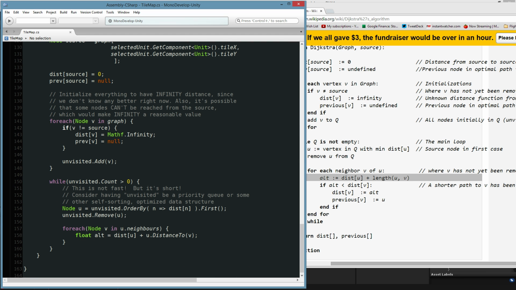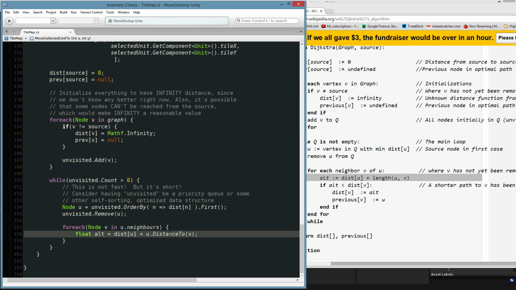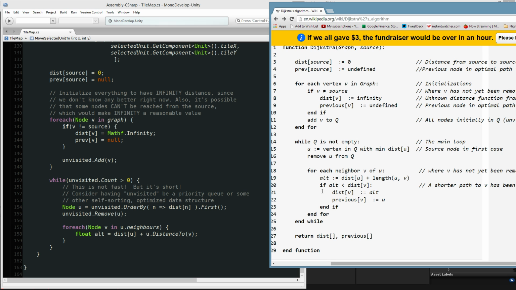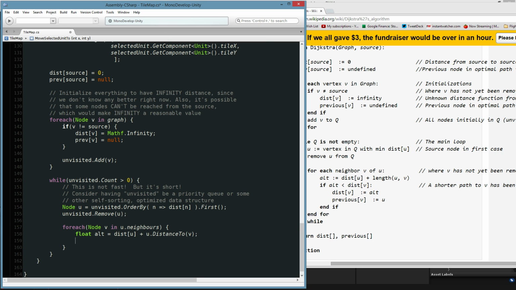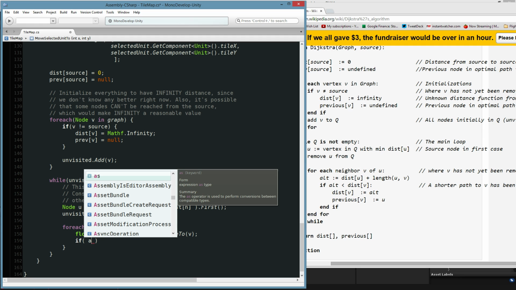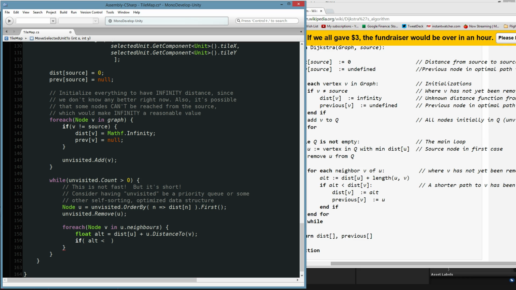Okay, so we are going to grab this new calculation. We're going to stick it in this thing called alt. And then we're going to check to see. This is the value based on the current path we're walking. And again, the first time it's a little weird because we're just looking at the first node. But at this point, we're bumping into a node, and we want to see, is the distance based on the current path we're working out shorter than any distance that's already been calculated for this node? So if alt is less than the distance of this new node,